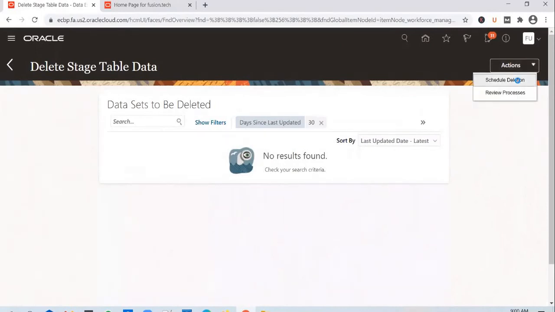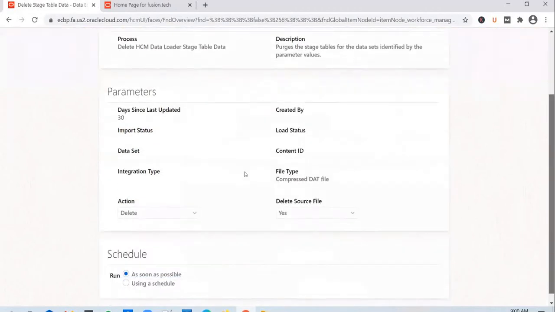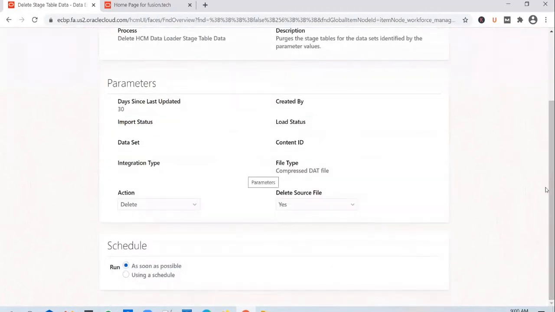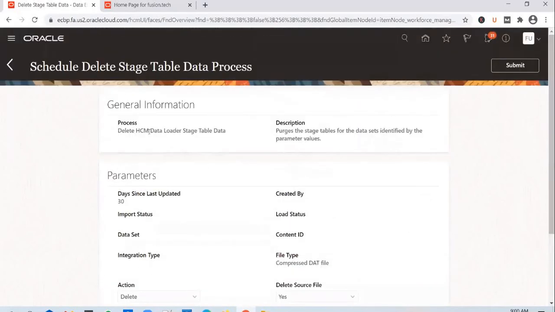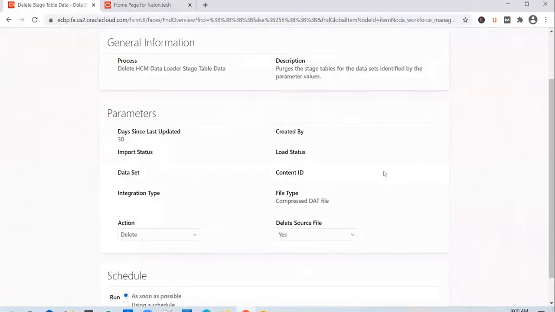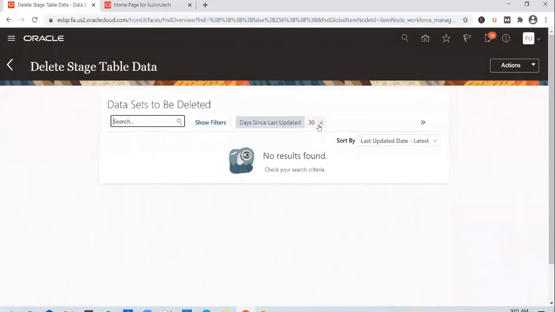So you can schedule deletion. And this job will run delete HCM data loader stage table data, and before you do this, you have to select the job before you click on schedule deletion. You have to search for the file or apply filters and search for the file here.